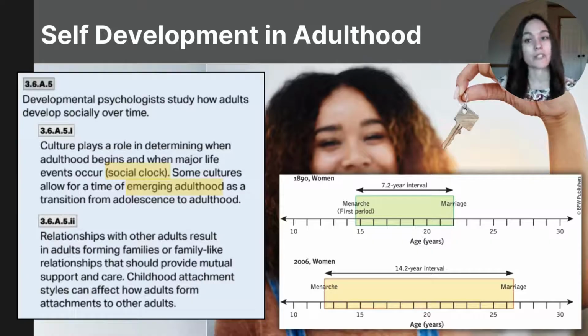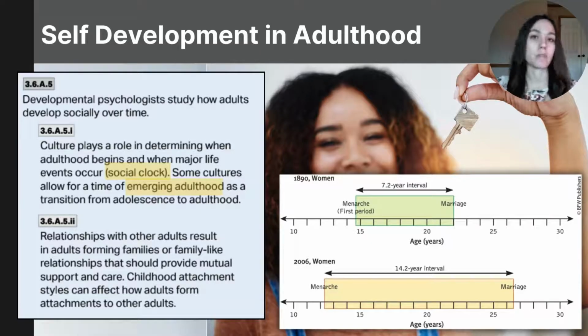Another key theme in understanding social development during adulthood is how individuals navigate expected transitions. One concept that explains the culturally expected events and transitions is called the social clock. The social clock refers to the culturally preferred timelines of social events, such as when major life events should occur, like getting a job, getting married, having children, buying a house, reaching career milestones. And in many Western societies, people are expected by their parents, families, and societies to follow these transitional time markers.